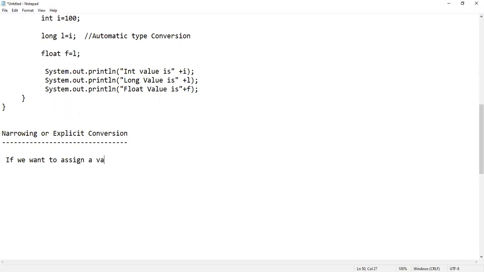If we want to assign a value of a larger data type to a smaller data type, we perform explicit type casting, or narrowing.